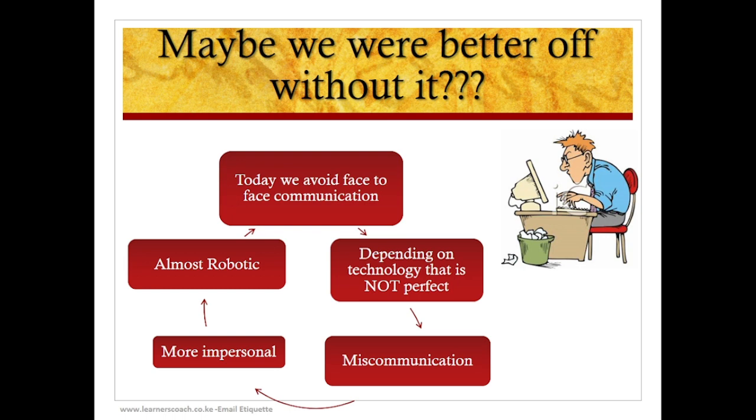And then also we can't depend on technology 100%. More often than not, technologies tend to fail. So maybe it can take time before the email arrives at the destination. So these are some of the problems. I haven't even mentioned the malicious programs that often hijack our email and maybe change the content, right? So there are a lot of issues when it comes to using email.